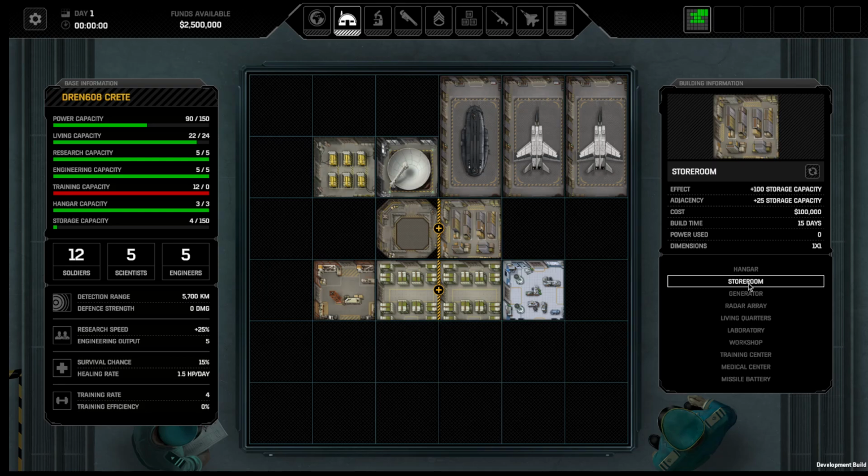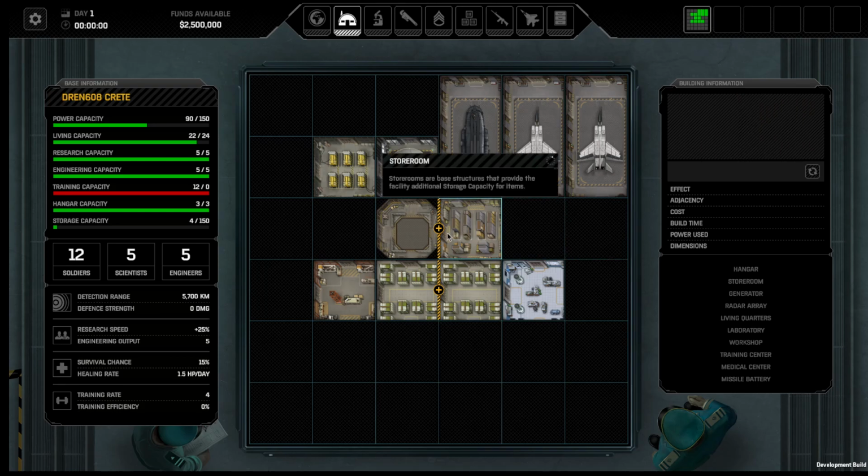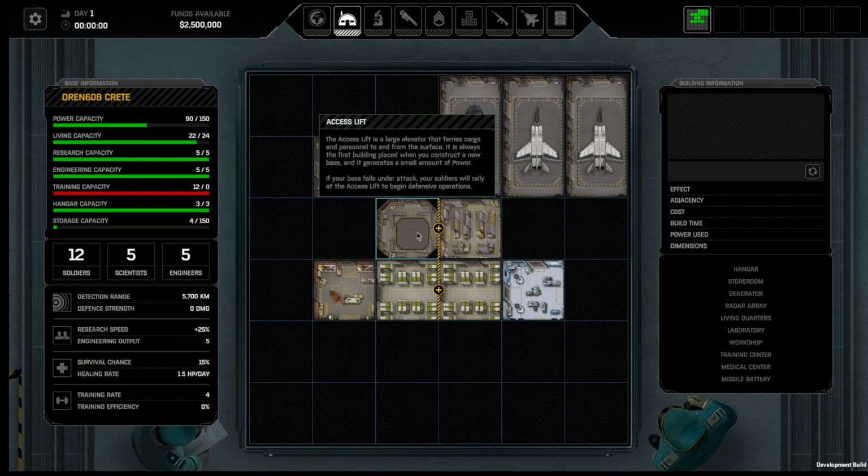Storerooms, okay. They add 100 storage capacity and 25 if they're adjacent. So like this one here, this is your base command room and access. All your soldiers come here for base defense to start with, and then they'll spread out here, so it's almost like a landing zone when you're defending